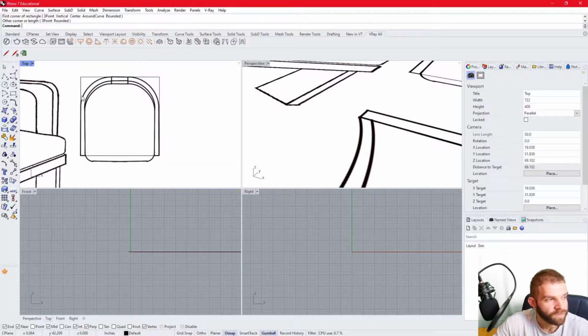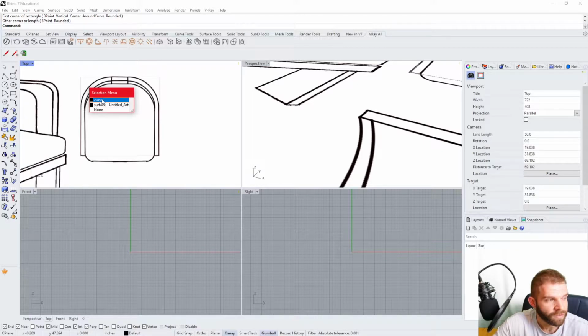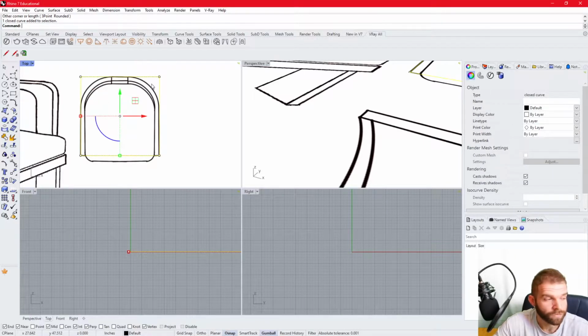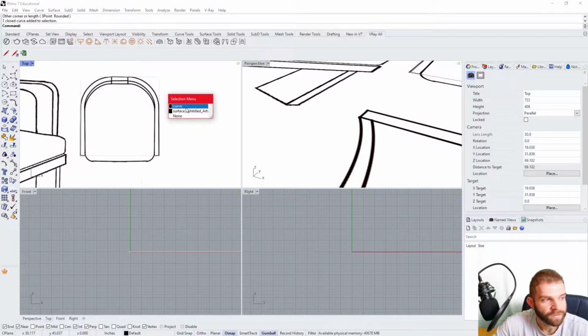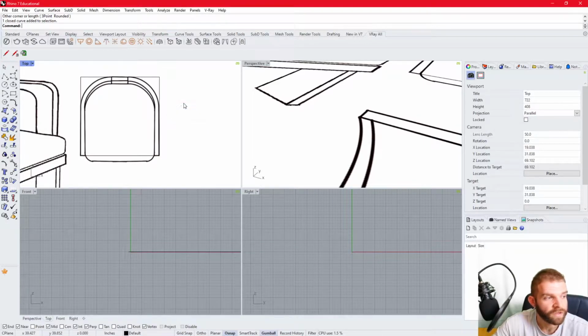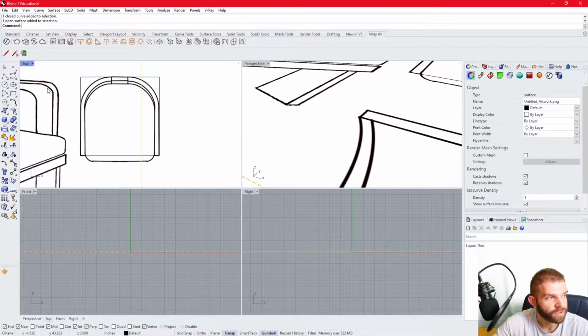So what that means is, if I select the rectangle right now, it's going to come up as a curve. Notice that when there are many objects overlaid together, and I go to select it, it gives me a little selection menu for everything that I could select where I just clicked. If I don't want to be selecting the sketch anymore, which I don't, I just want it to stay in the background and not interfere with my work anymore, I could select the sketch, go to my standard toolbar, and